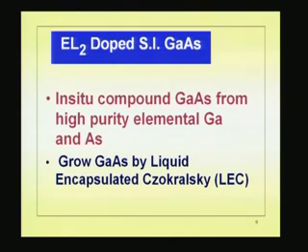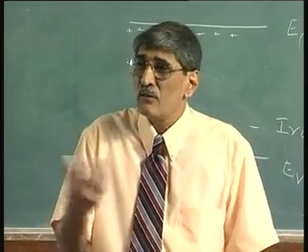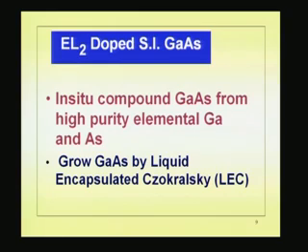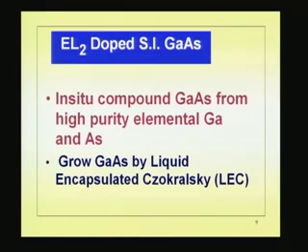You first compound it, and then when you do that, you must have a cap being put to prevent the loss of arsenic. Okay? You put a protection cap to prevent the loss of arsenic. So, I just do not go into the chromium doped now, because chromium doped is, once you have the crystal from a polycrystalline material, you add to the metal chromium, that is rather simple, you do not have to worry about other things. Here, this EL2 doped semi-insulating gallium arsenide is very popular today, because if you can get without